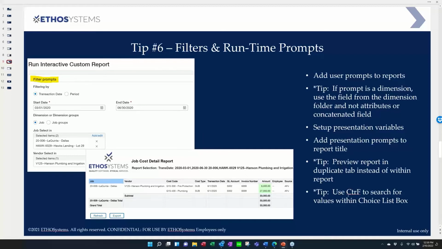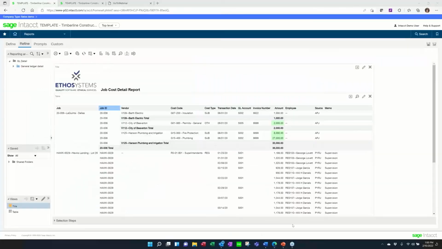And then I want to show you this find. When you do have a display box, you can use the Control F and you can find values within the choice box. So I will definitely show you this one because this is a great one. So let's go back to our report and we are going to go to